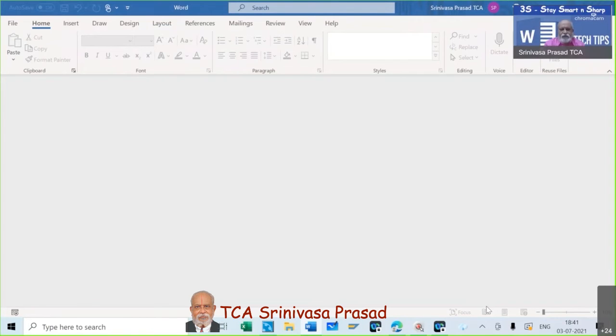Instead of keeping it in the C drive, either D drive or E drive may be good. If any issue happens in future with the data, it may be very difficult to retrieve from the C drive. But whatever documents are available in the D drive or E drive, we can retrieve. So instead of keeping all the copies in the C drive, we can create a folder like this in D. As of now, we did not know this. We learned it now only.